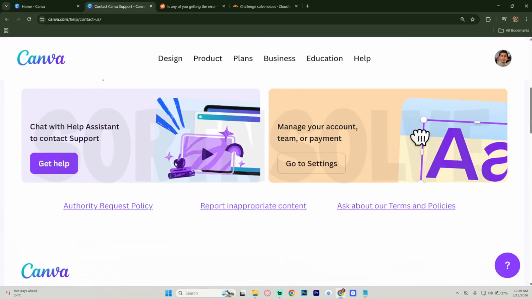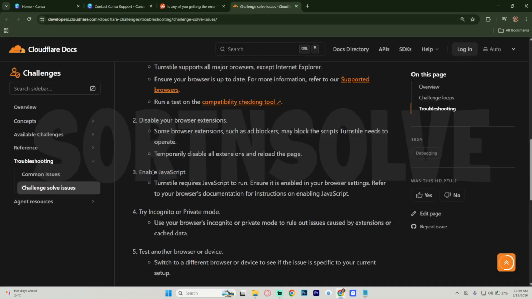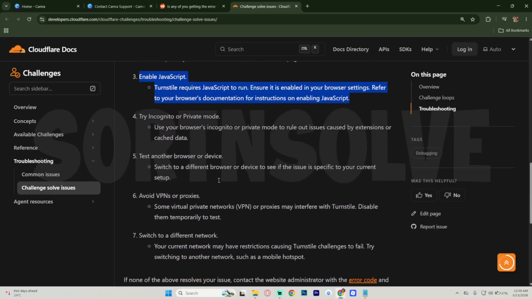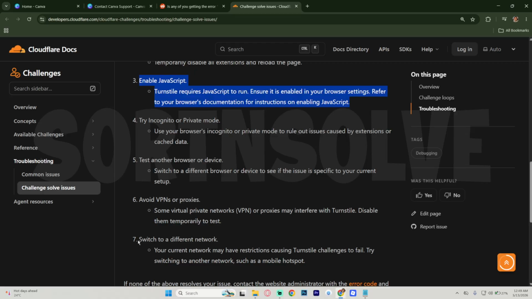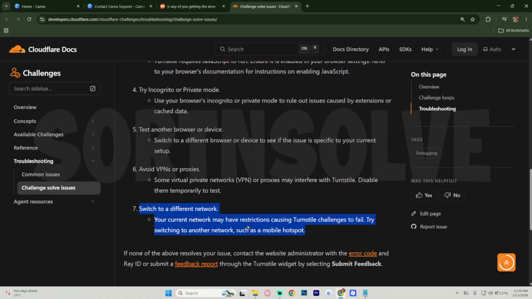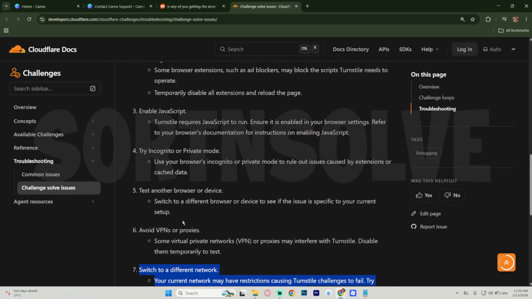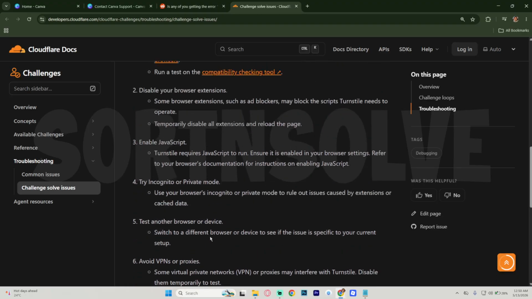Make sure JavaScript and cookies are enabled in your browser settings because Canva and Cloudflare both require them to function correctly. If the issue continues, restart your router or switch to another internet connection because some networks may block certain Cloudflare services automatically. Finally, check your device date and time settings because incorrect system time can interfere with website security